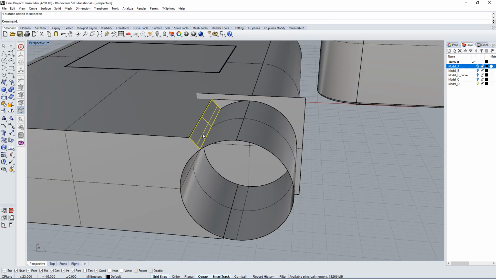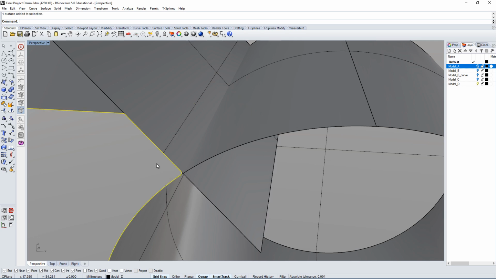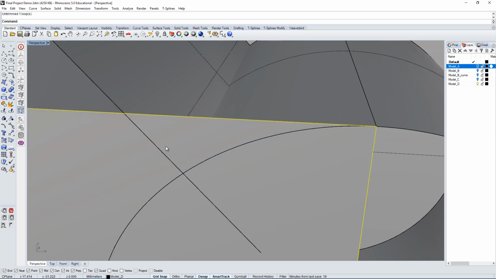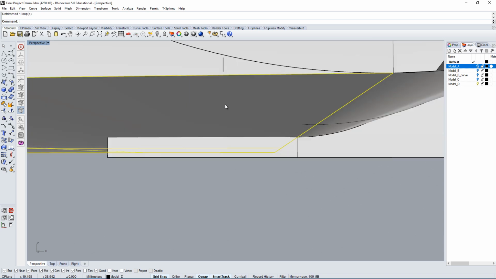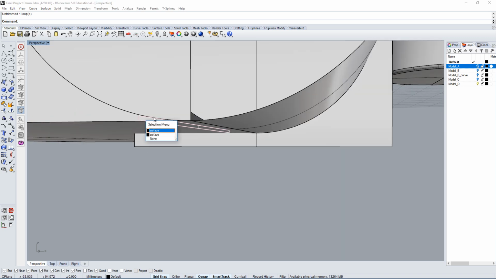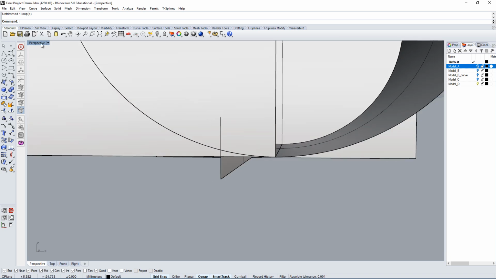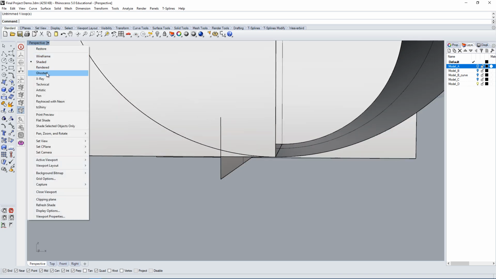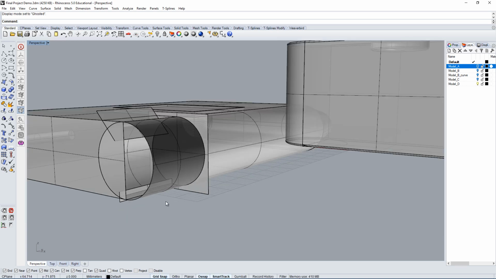Okay, there's a few additional things we're going to have to do. We're going to have to untrim this one. Now, because this was rendered, we'll have to untrim this entire surface as well. Also on this side, there was an additional fillet, so we'll have to go back and undo that. Now, looking at the edge, we can't really see the surface, but there's a surface here which also needs to be untrimmed. Now, if this is confusing, what you can do is go under the perspective and use the ghosted view. So now you can see through the object. It's easier to see what's going on.